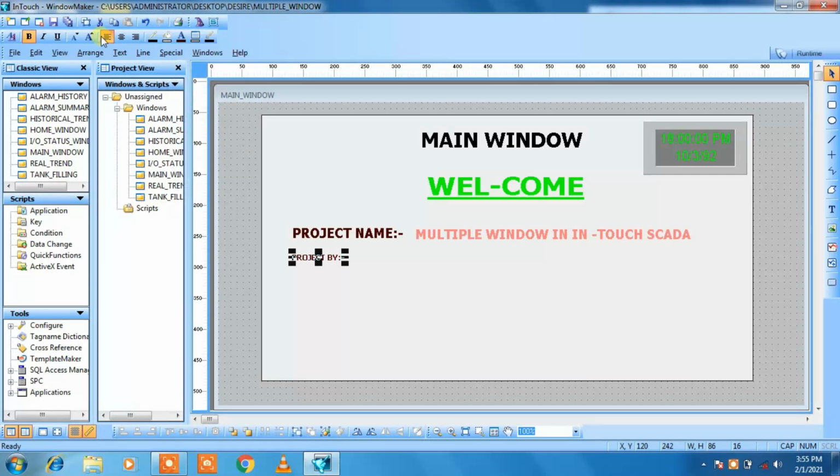I want black color, then maximize its size. Okay, this is okay. Then arrange it properly. Then give the name of who is doing this project. So now I should give by Desire Automation.